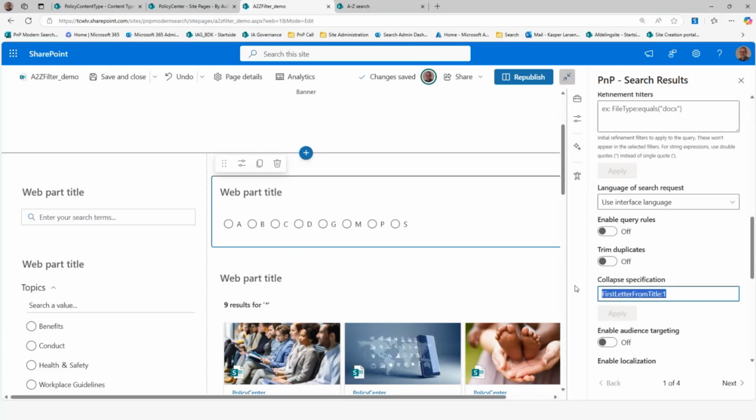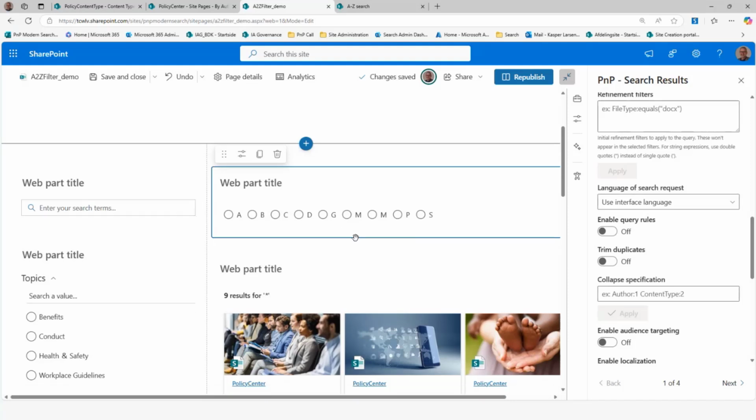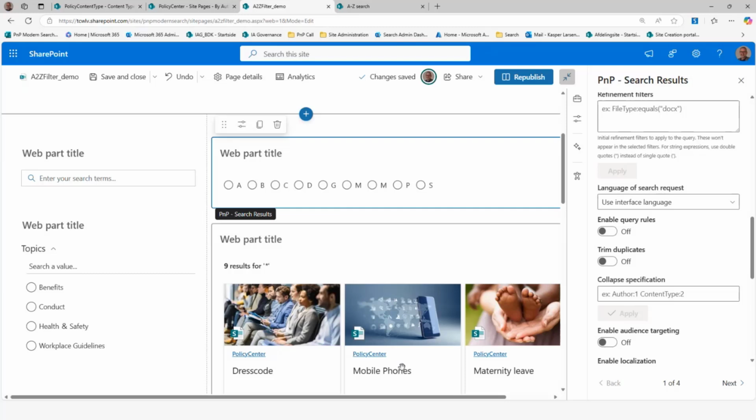If I remove that, you'll see that, of course, it's going through all of the content we have down here, and it will add the first letter from each of the items down there. And that works fine, except for in one case, because we have two of them. We have maternity leave and we have mobile phones. Both of them are up here, and they're both represented by the letter M. But we only want to see it once, even though it exists twice. And that's where we have this